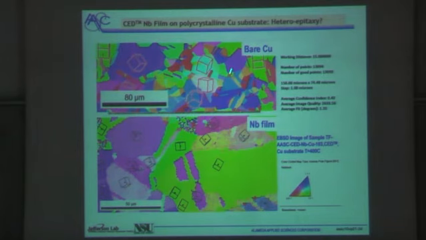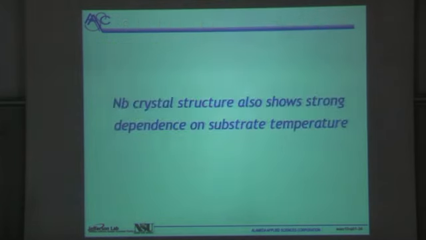So what you see is EBSD of the bare copper, first of all. This is an 80 micron scale here. And you see these grains, you see the size, and then this is the niobium film on that copper. And it basically lays down rather large grains that are not unlike the grains on the substrate. It is faithfully picking up the grain information from what it's landing on. And again here, you see 110, this pale lime green color. It's pretty much there everywhere in that grain. So that's really all I wanted to